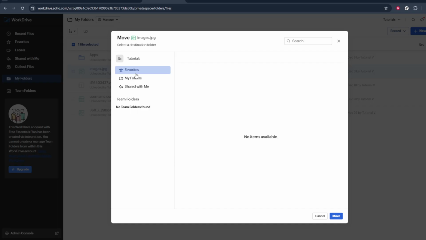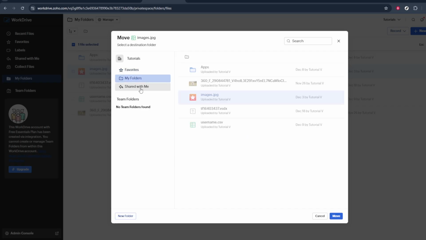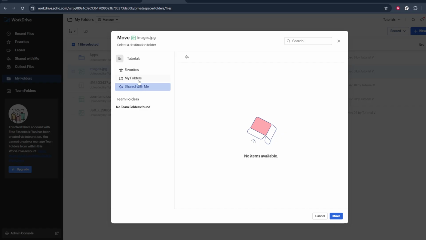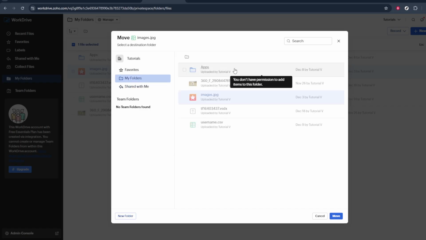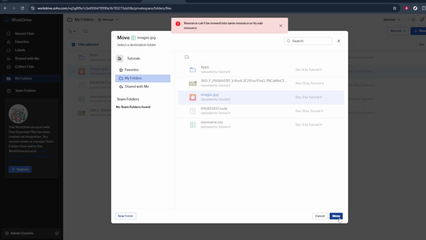When you click Move To, a new window or panel will appear, showing you your available folders and spaces. From here, simply follow the on-screen prompts. Browse through your folder structure, select the destination where you want the file or folder to go, and confirm the move. Take a moment to double check the destination before you click the final confirm button, especially if you're moving shared or important documents. Once confirmed, Zoho WorkDrive will move your selected items to the new location